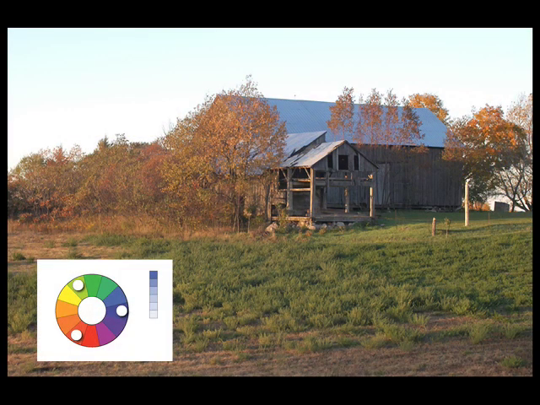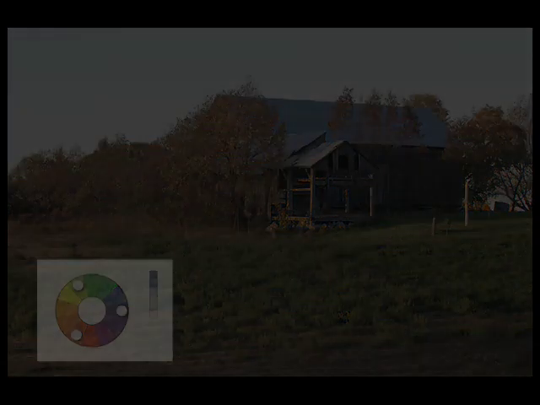Now in a triadic color scheme, you use 3 colors anywhere on the color wheel, evenly spaced. So on this one you can